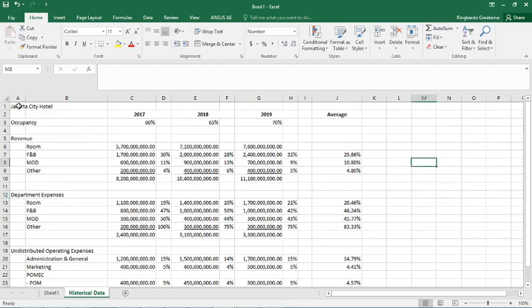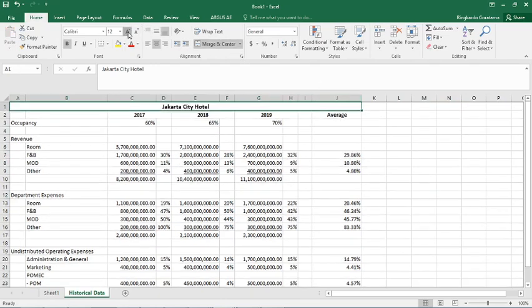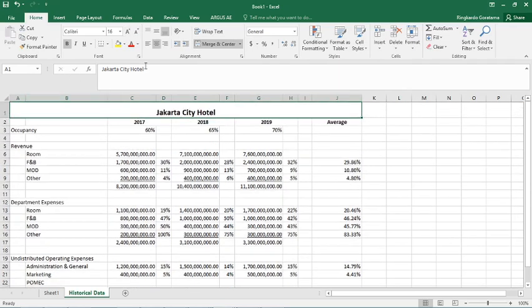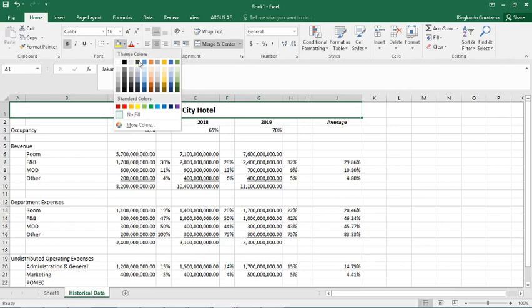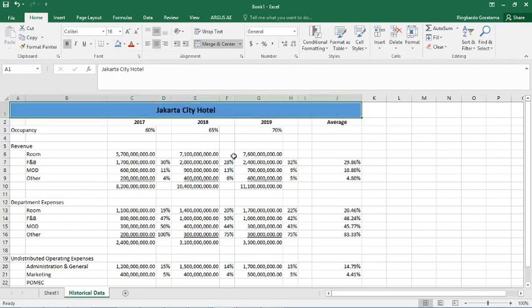Okay, so this is for Jakarta City Hotel. Say we put it blue highlight,